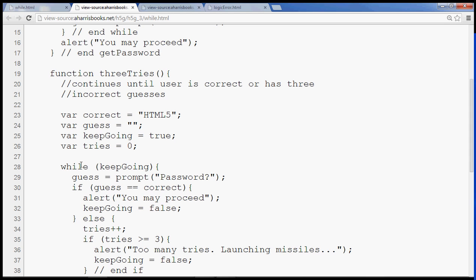So far, so good? Okay, now watch what we're doing. Now, some of you have been aware of stuff like Boolean logic, where you might try to do an AND statement. You know, while guess is not equal to correct and tries is less than or equal to 3. Okay, that's a legitimate way to do it. Please don't. It turns out that causes you nightmare after nightmare after nightmare. If you do it the way I'm about to tell you, your code can be as complex as you want,